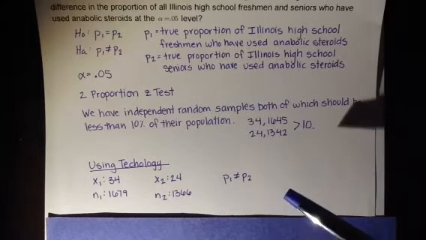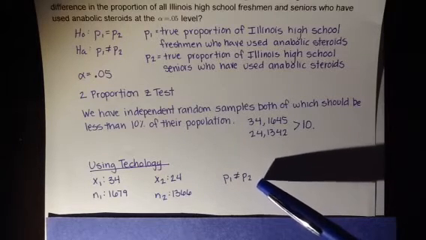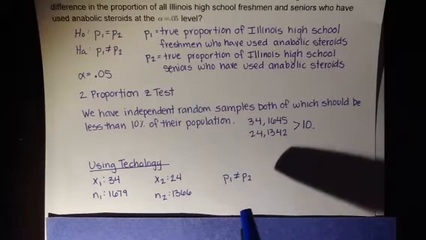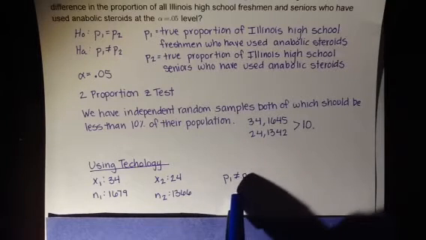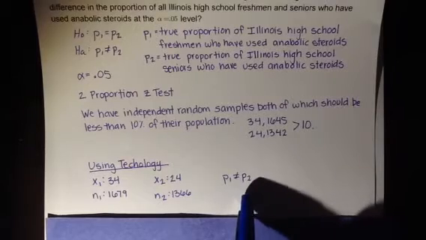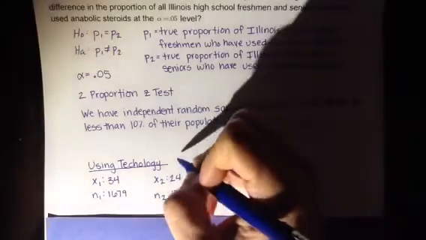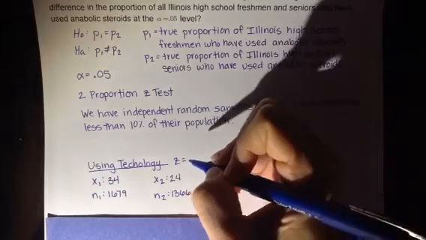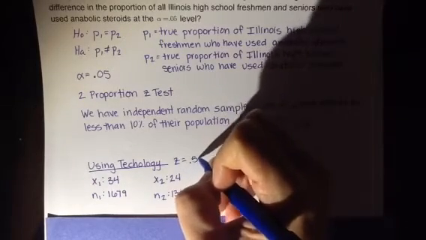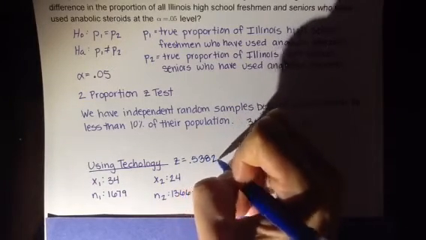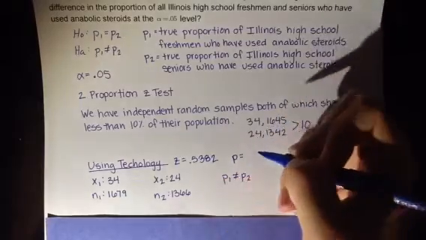And again, like I said, the calculator is going to ask you for what your alternative hypothesis is. Really what you're going to see is there'll be P1, and then next to it it'll say not equal to P2, and then there's a greater than or a less than P2. So again, we're just trying to have our hypotheses align with the way that the calculator is going to ask for it. After you hit calculate, you're going to get out that your z is equal to 0.5382 and that your p is equal to